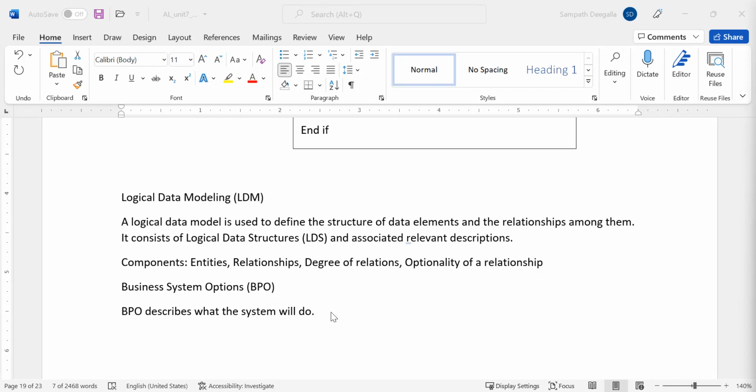BPO describes what system will do. So each BPO should satisfy